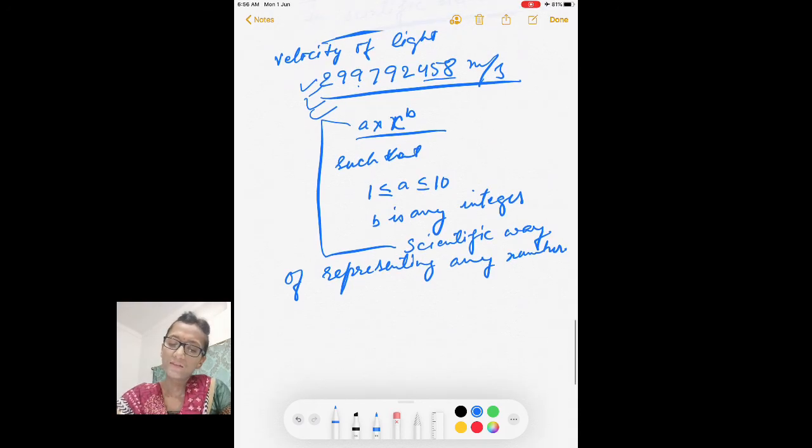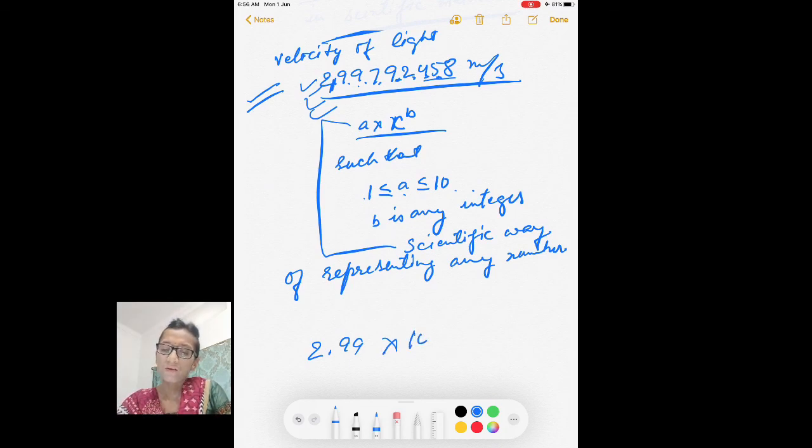Now let us represent this in this way. So let me keep A in between 1 and 10. So here let us go on reducing its value by moving the decimal point 1, 2, 3, 4, 5, 6, 7, 8 places in this number. If you take a decimal over here, 2.99, so you reduce A and raise the power of 10 up to 8. So the velocity of light